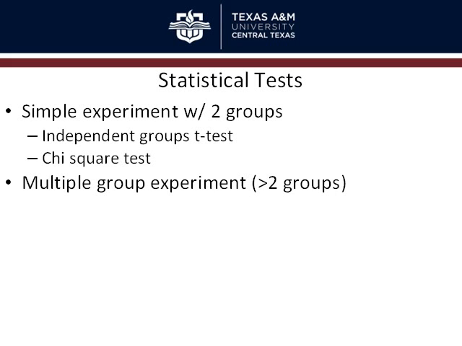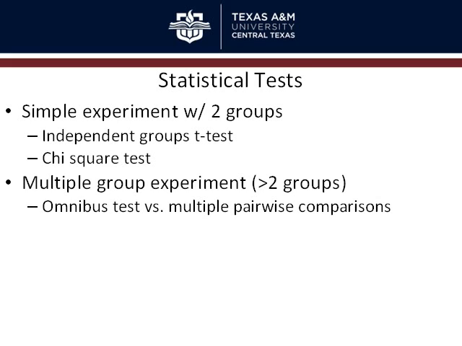Okay, what about if you have a multiple group experiment, so more than two groups, more than two levels of the independent variable? Typically, you start off with some sort of omnibus test. Omnibus is just an adjective meaning an overall test, right? And you do that instead of doing multiple pairwise comparisons. And the reason you do that is